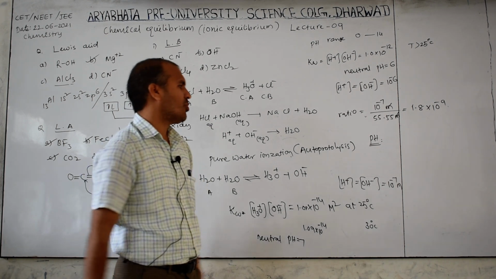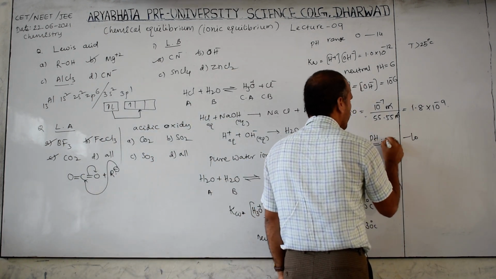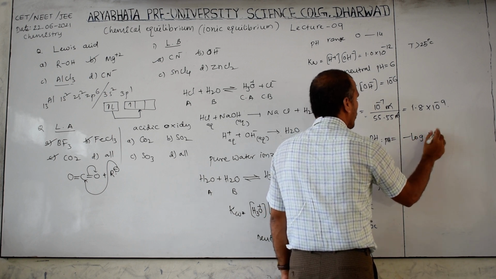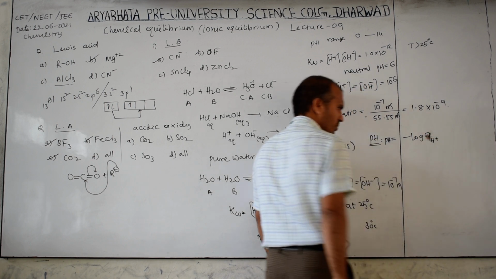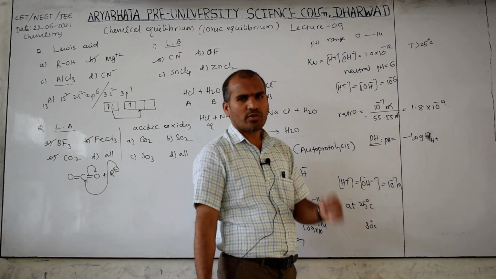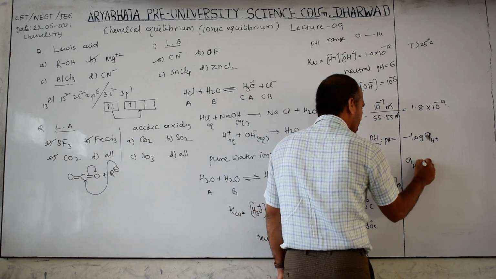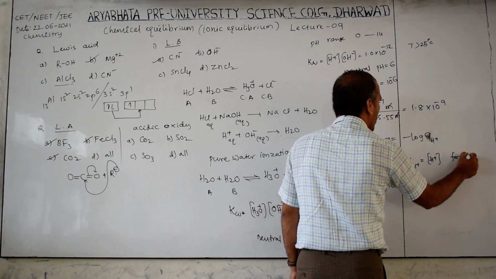Now pH, I will give the simple formula. Later I want to discuss some questions. pH is equal to what? Negative logarithm of H3O. Actually this is the activity of H plus ion. pH is equal to negative logarithm of the activity of H plus ion. The activity of H plus ion is equal to H plus ion concentration for dilute solution,